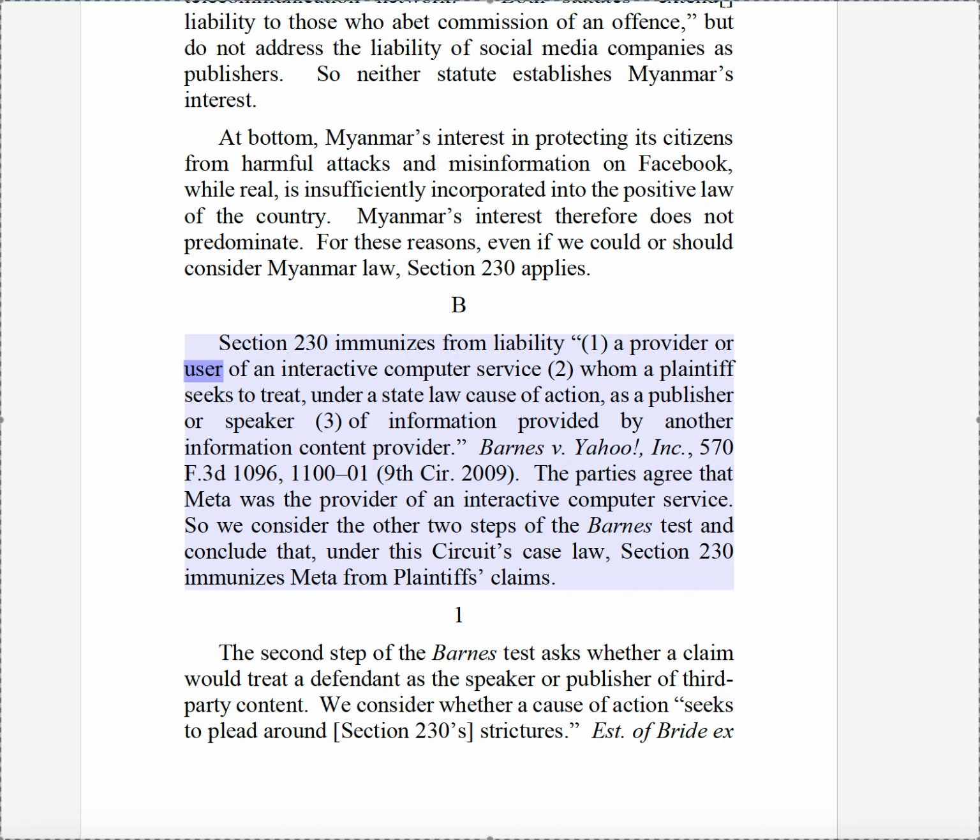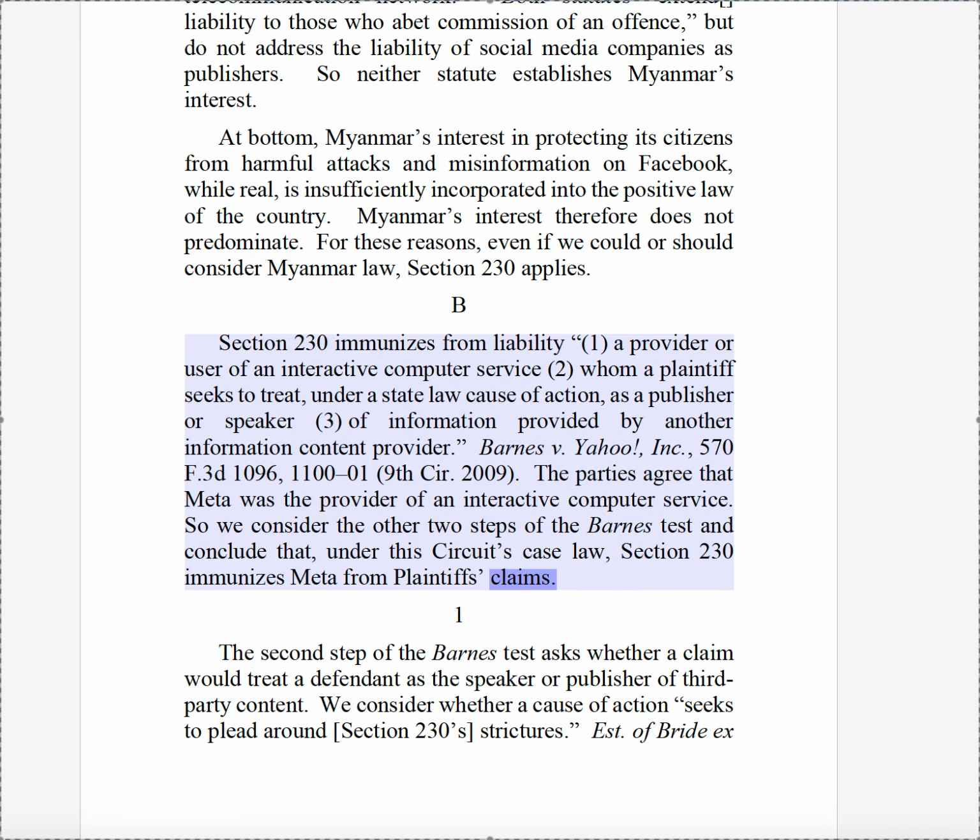1. A provider or user of an interactive computer service, 2. whom a plaintiff seeks to treat, under a state law cause of action, as a publisher or speaker, 3. of information provided by another information content provider. Barnes v. Yahoo, Inc., 570 F.3d 1096, 1100-01, 9th Cir. 2009. The parties agree that Meta was the provider of an interactive computer service, so we consider the other two steps of the Barnes test and conclude that, under this circuit's case law, Section 230 immunizes Meta